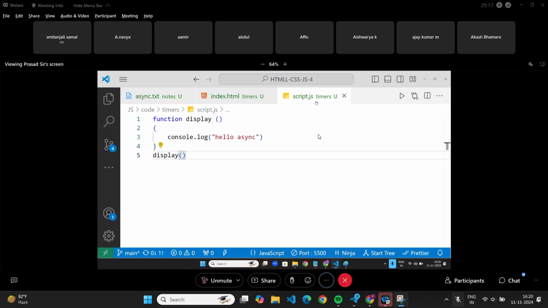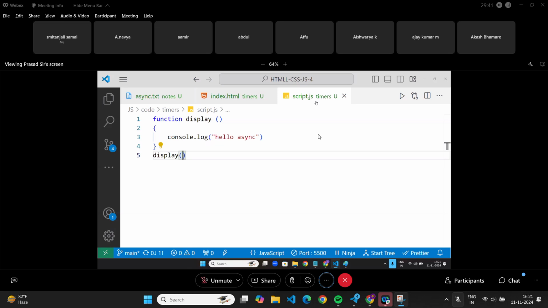Any doubts? Very simple, na? I wanted hello sync to print after 5 seconds. Will it print immediately or after certain time? Immediate. But I wanted to wait, to take some time, 5 seconds at least.